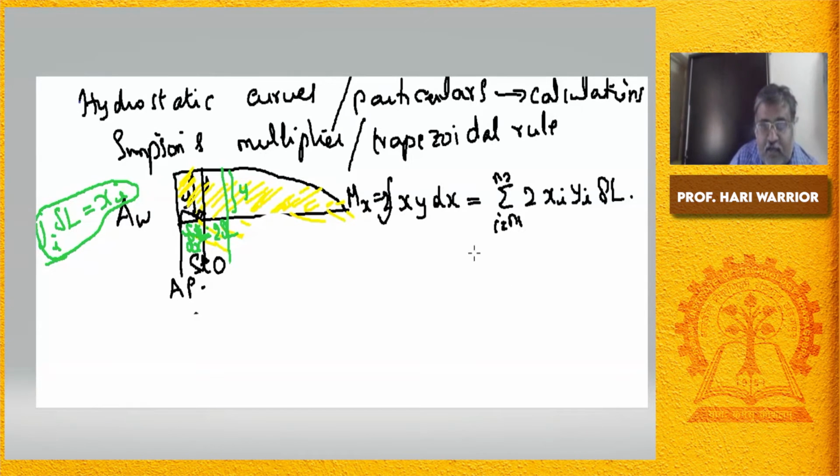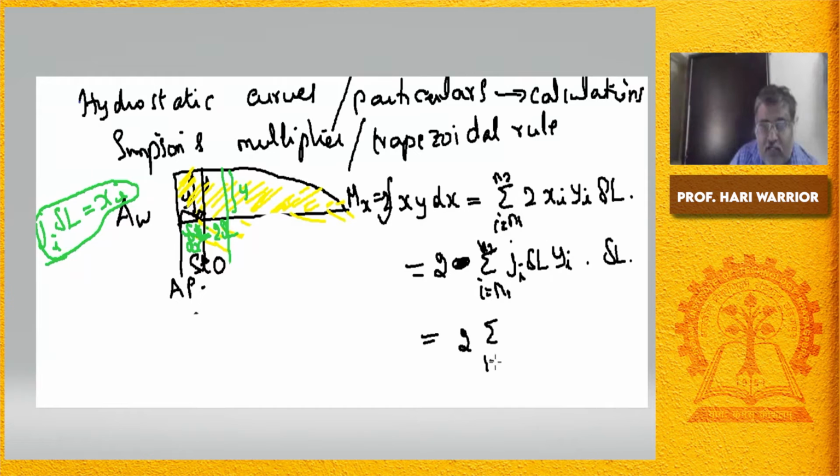Xi into yi into delta L, that is equal to sigma I equals n1 to n2. I'll put the 2 here, I'll take it outside. 2 into this into xi is equal to ji into delta L into yi into delta L. Now delta L is independent of the summation. It's a constant. So this will become 2 sigma I equals n1 to n2 ji